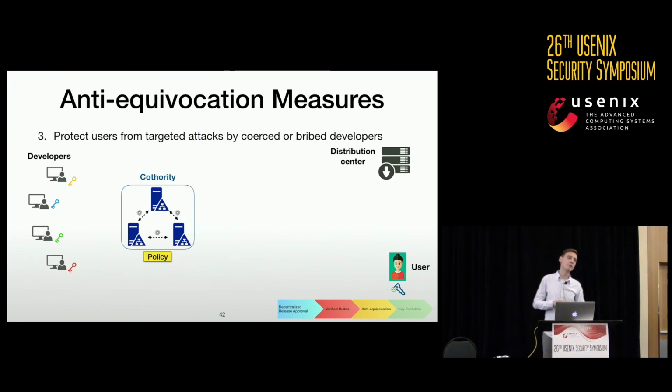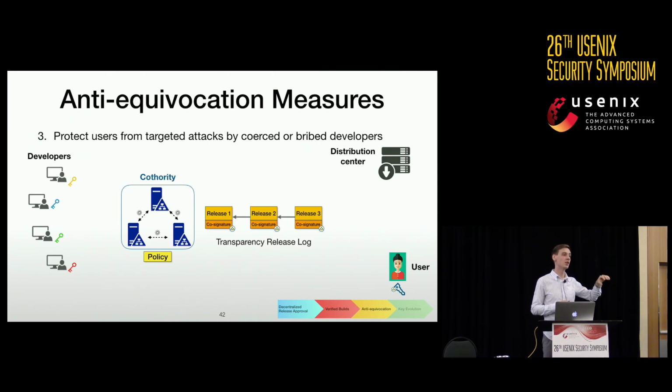So now, how can we address the challenge of protecting users from targeted attacks? Here again, we take a somewhat known approach of increasing transparency in the system and propose to have an authority-controlled transparency log of the releases in the form of a hash chain, where each new release includes a pointer to the previous one. And this is actually done by the developers, who would now include the pointer to the previous head. And this would be verified by the authority,